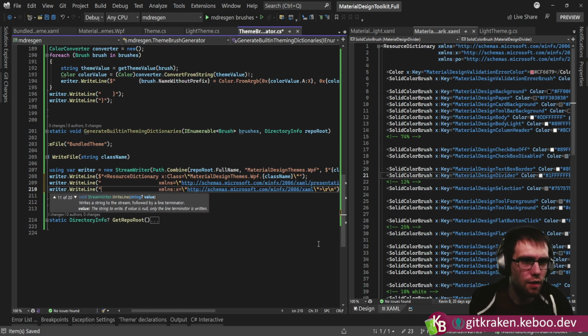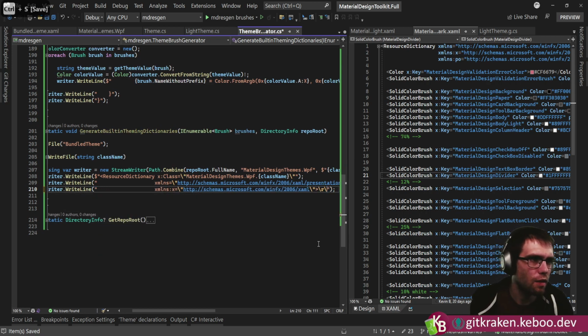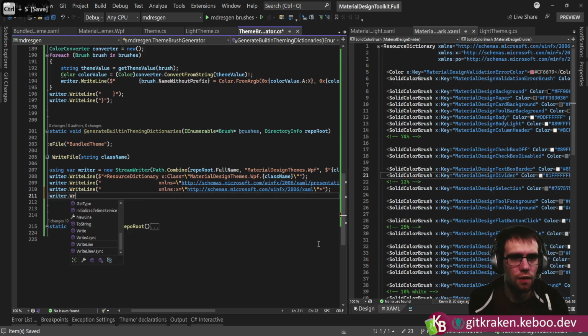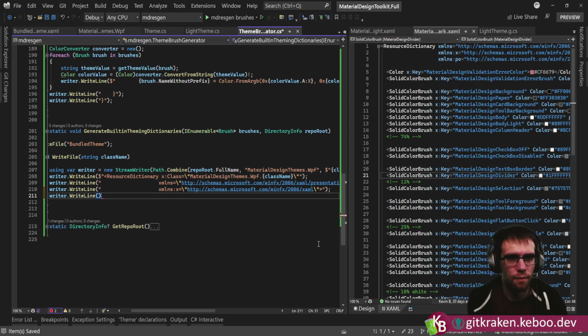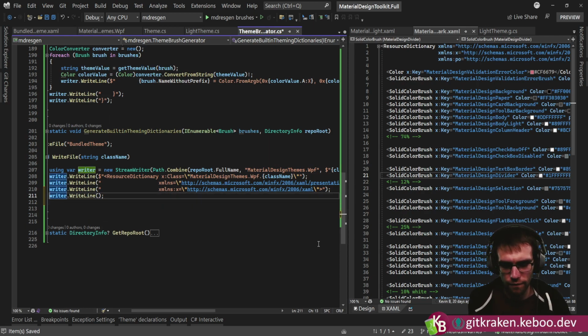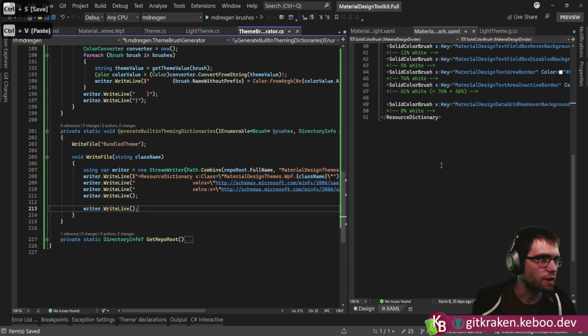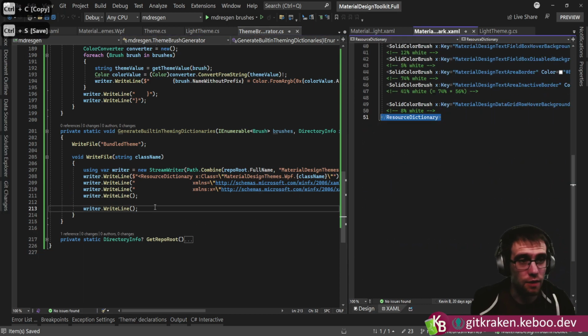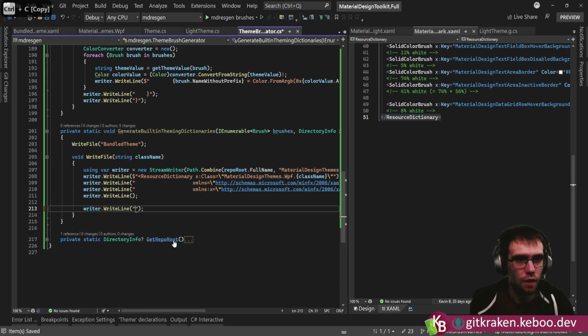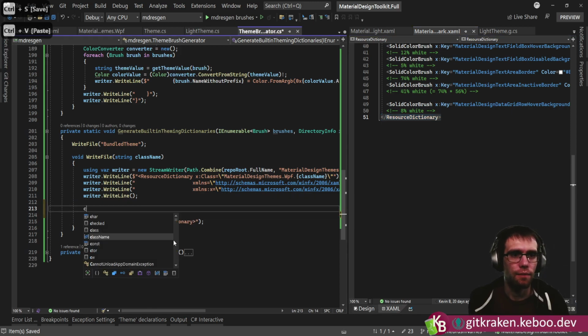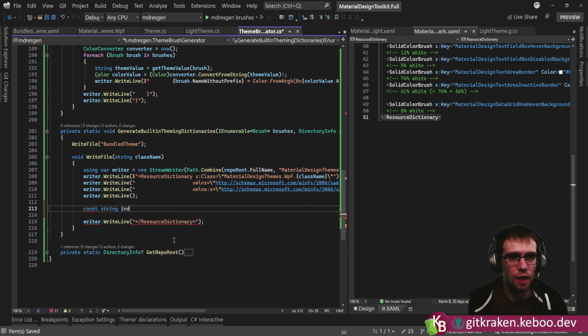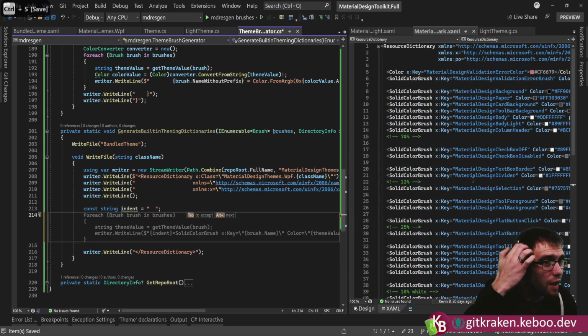Next line. Writer, WriteLine. And then clean that out. Clean that out. Clean that out. Writer, WriteLine. Empty line. And then one final one for the closing. Okay, so even though this is an XML based file, I'm just going to handle it like this so I don't have to think too hard. Okay, const string indent. This is 2 spaces in this repository. Okay, now what we would like to do,